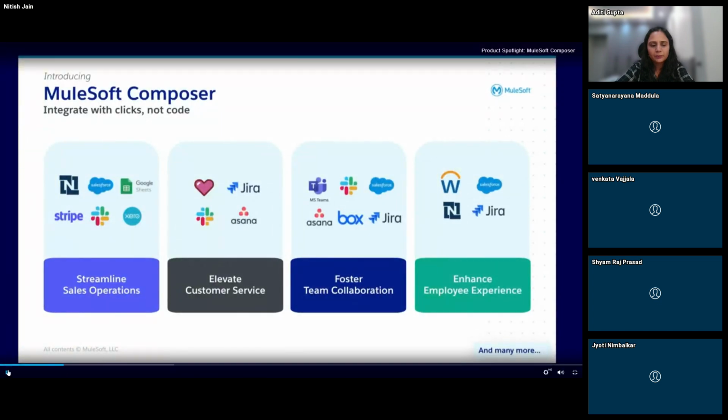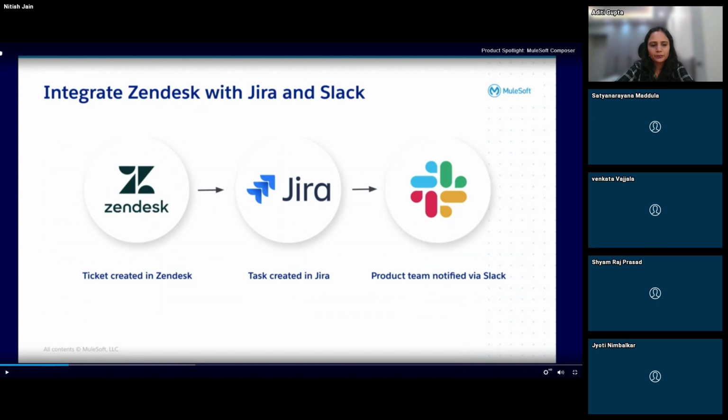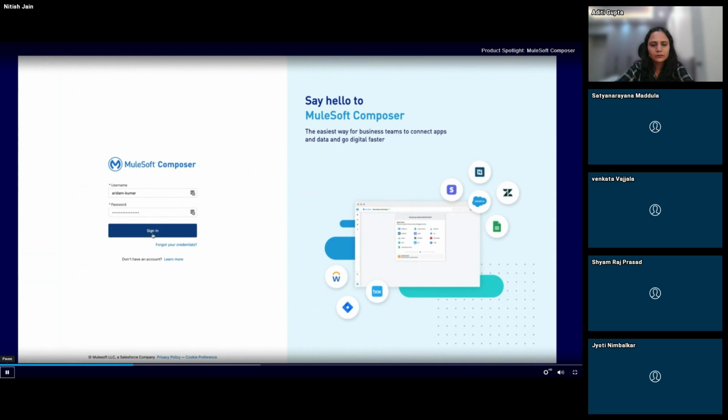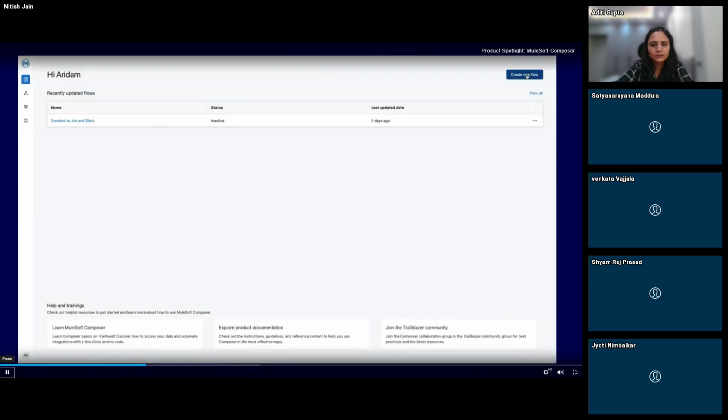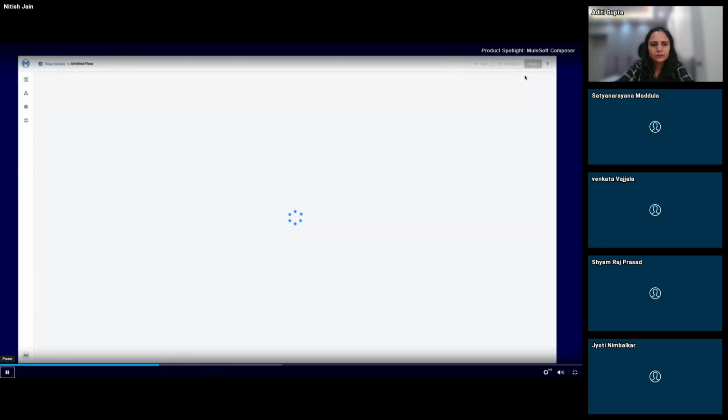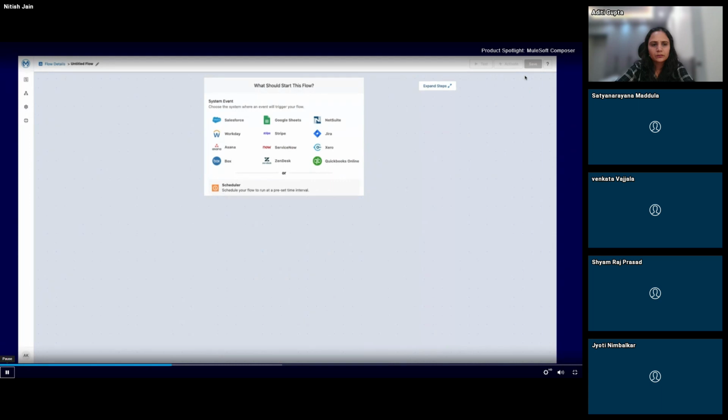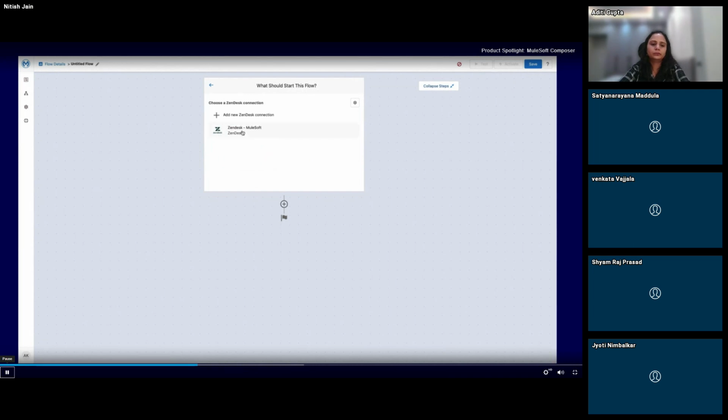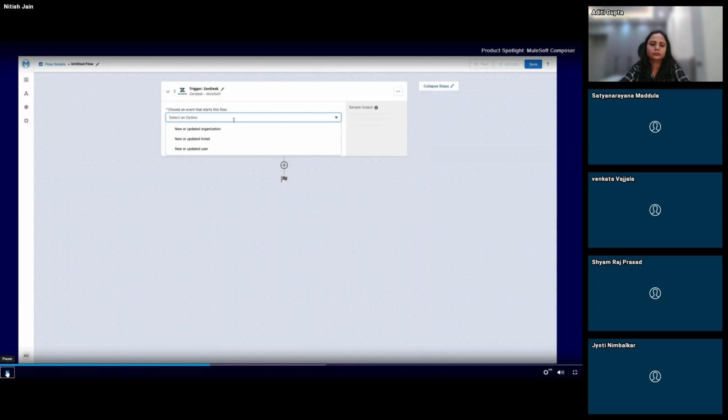Code, all with oversight from the IT team. Let's look at a Zendesk to Jira integration use case built using MuleSoft Composer. When a Zendesk ticket is flagged for engineering review, we want to create a new Jira task and notify the team via Slack. To begin, log into your MuleSoft Composer account that has been provisioned by IT. Clicking on Create New Flow will take you to the Flow Builder. Composer comes with pre-built connectors for common business use cases. Let's select Zendesk as our trigger, create a connection to our Zendesk account, and then configure the flow, which can be set to run whenever a